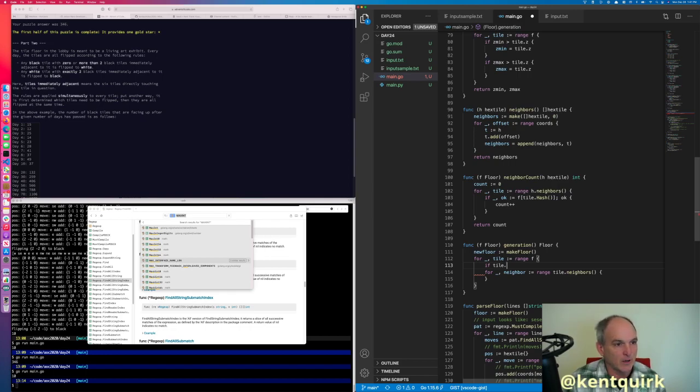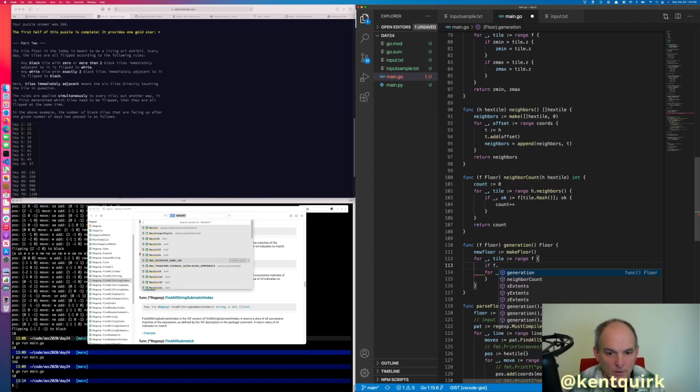So any black tile with 0 neighbors or more than 2 neighbors dies, flips to white. So if tile dot neighbor count,